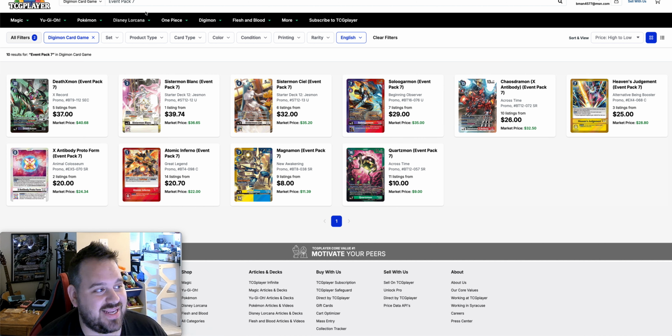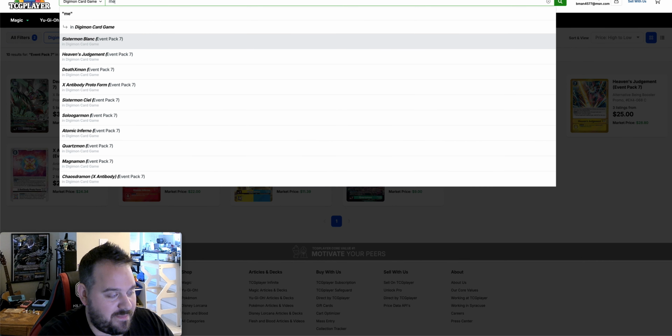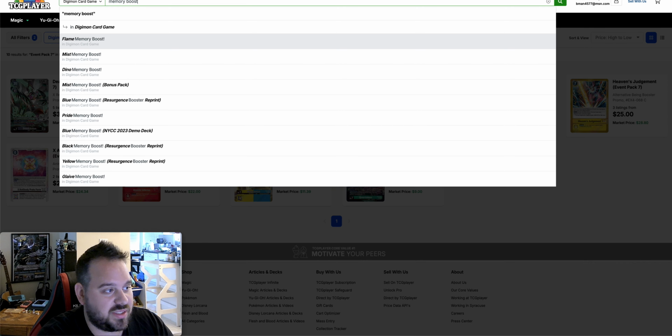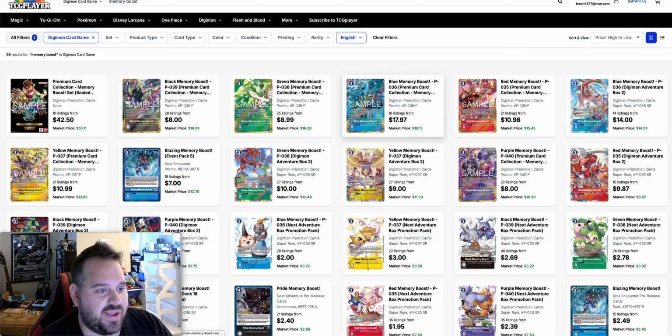There's one thing I didn't mention, I didn't think about it here, is the memory boost cards. I don't know if they're actually here. Okay, yeah, we see. So we have the new memory boost cards here. If you look at the memory boost sets, they're around $42. And then you have your different memory boost ones. Some of them are cheaper than others. You got like these ones,